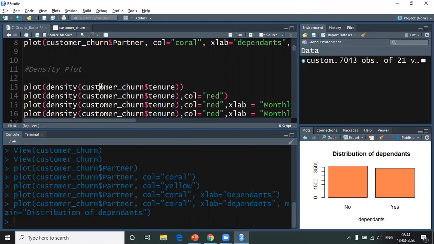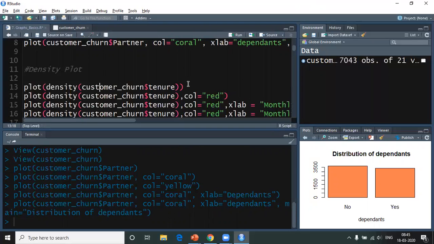I just kind of copy pasted the lines again and again, and I explored how different plots react on different columns. And all this is part of EDA, that is exploratory data analysis, and is very, very important for you. And I would suggest that you learn as much as possible about exploratory data analysis before you go into the actual machine learning part of it.